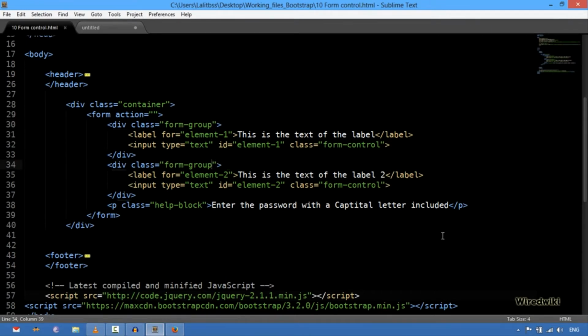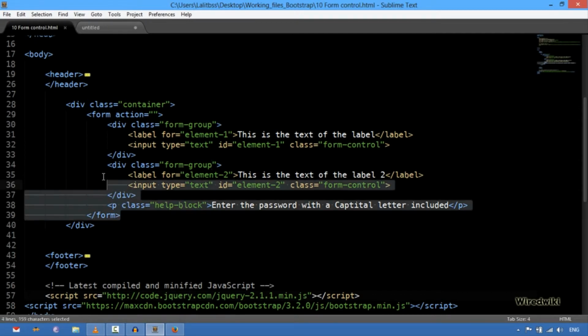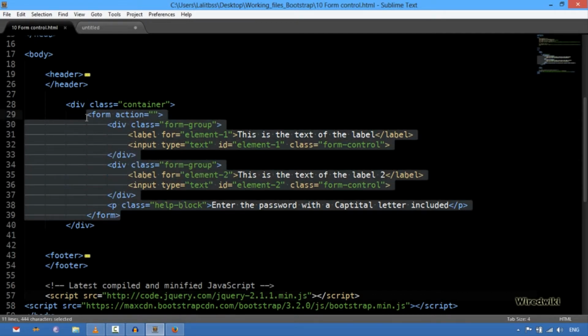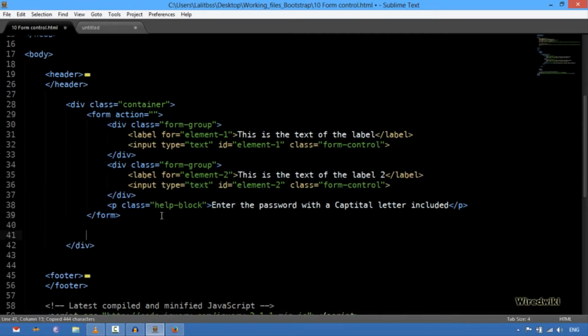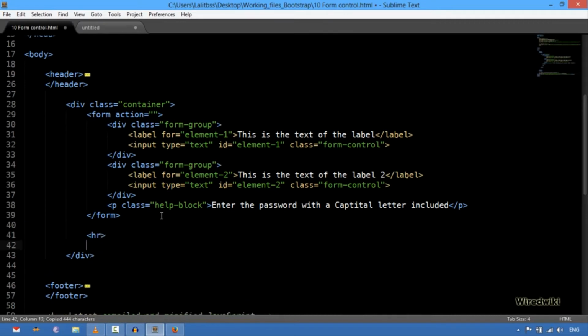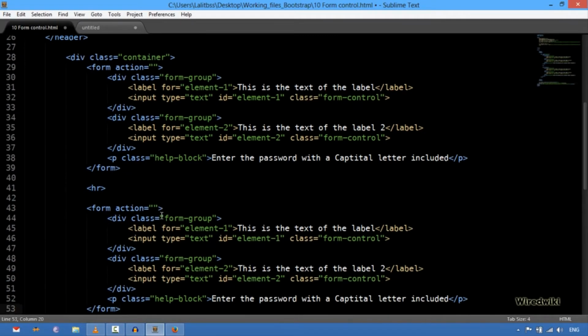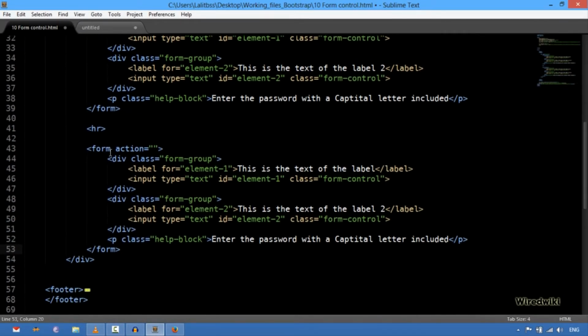We could also have inline forms. Inline forms are the forms which consist of email and password in the same line. So I'm gonna copy this whole form action thing, Control C, and I'm gonna add a break. Copy this, paste this, and inside the form action, I'm gonna add a class of form inline, because this is an inline form, and